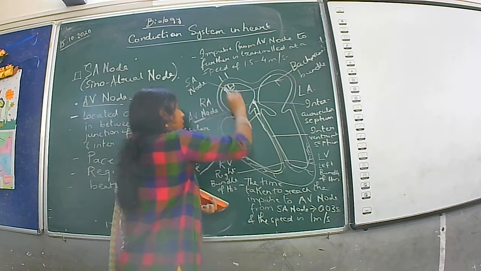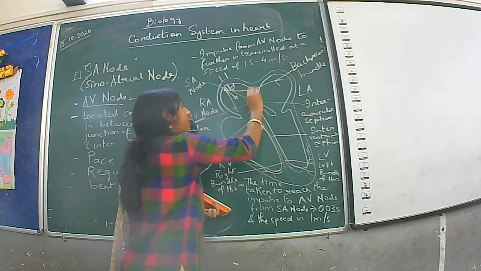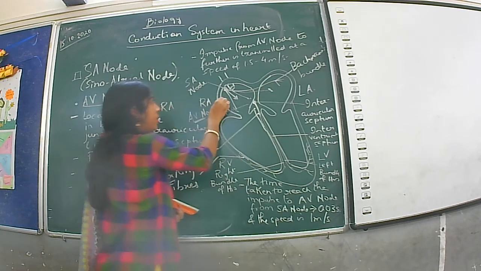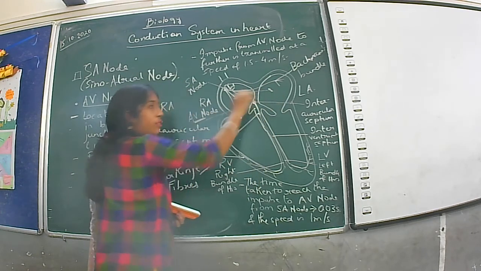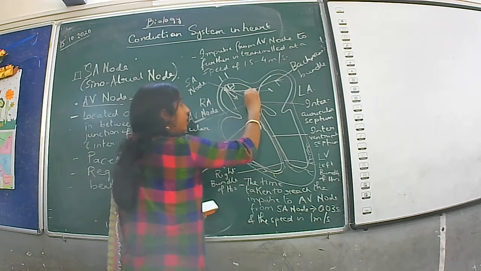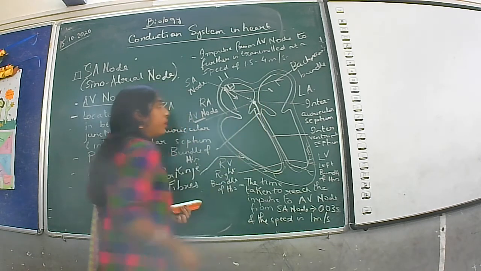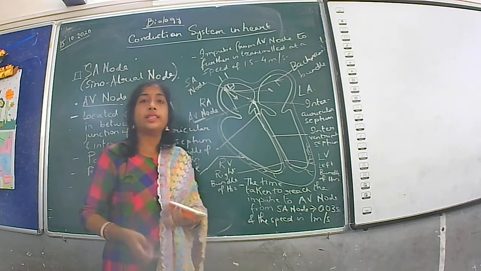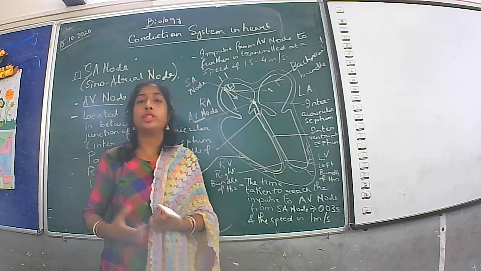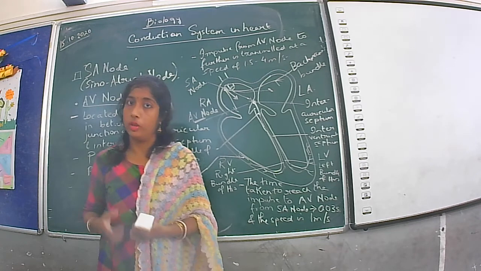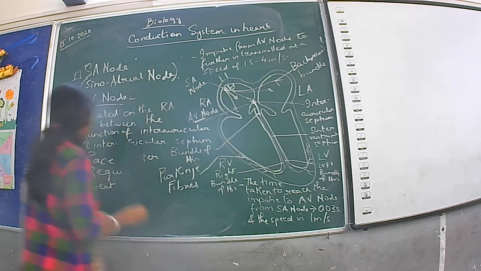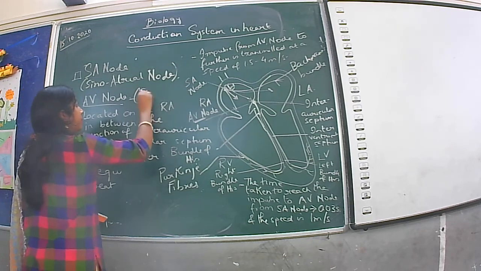If I draw an arrow like this, the nerve impulse is being generated. Okay, so in the right atrium and the left atrium, the nerve impulse is generated, and it finally reaches the AV node here. Okay, now the AV node is the pacesetter. It is actually setting the pace with which the heartbeat is regulated. Fine. So this AV node is the pacesetter. Okay, the AV node is the pacesetter.